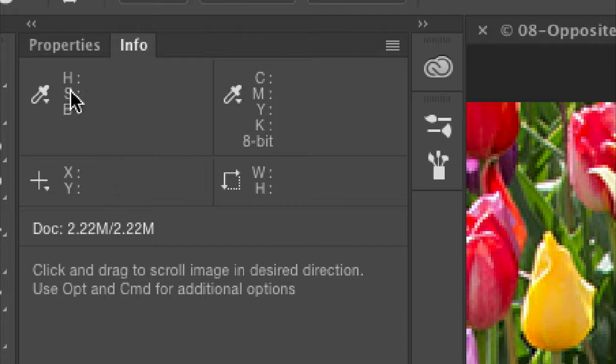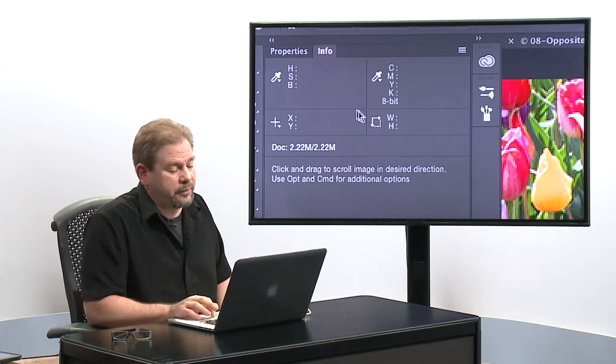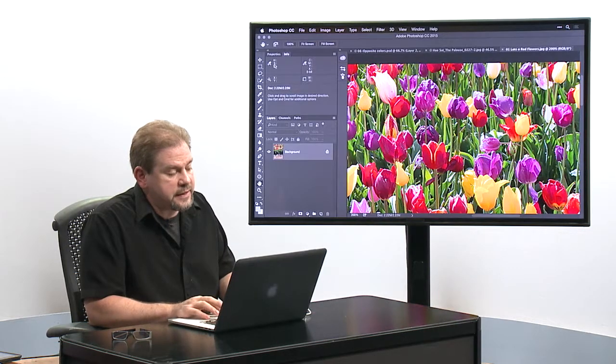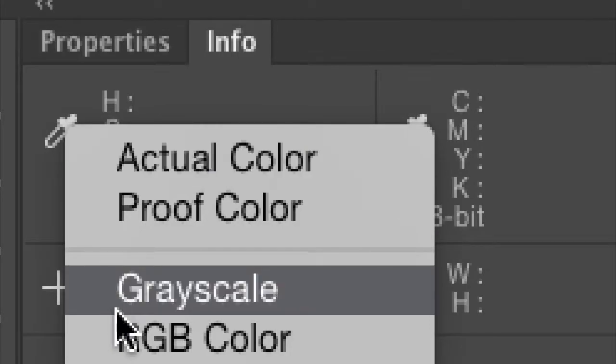If this was HSL, it'd be perfect, because that would mean moving one slider within the adjustment we have would only affect one number that's listed here. And moving saturation would only affect saturation. But the fact that they're not exactly the same means that that won't be the case. It'll be just a little bit more difficult. So I'm going to set it to HSB, and I did that by clicking on this little eyedropper right here. And that's where you get the list of